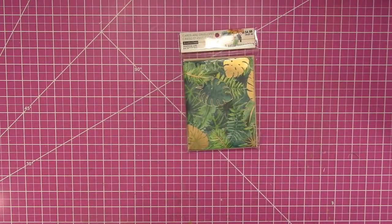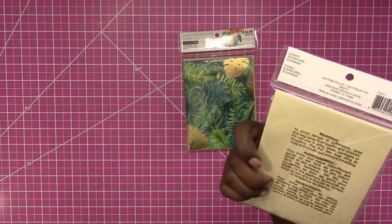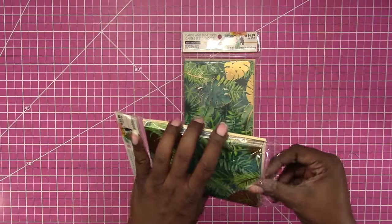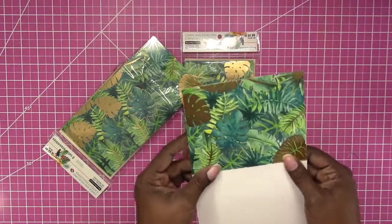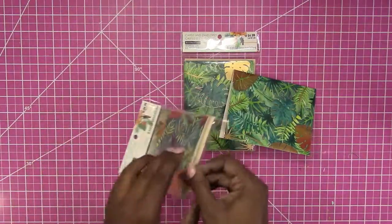I eyed these cards when this tropical theme collection first came out and decided that I would wait until hopefully they went on clearance, and finally they did. I got 2 packs, but I probably won't be using these for the cards. I already had ideas of using them to die cut a few different things, so I may not use all of them for that, but this part of the card I will be using to die cut. So I got 2 packs of those,